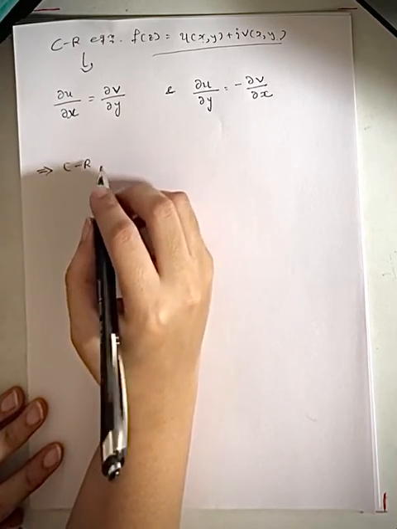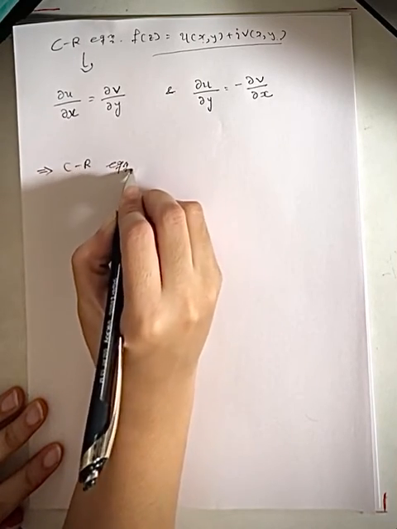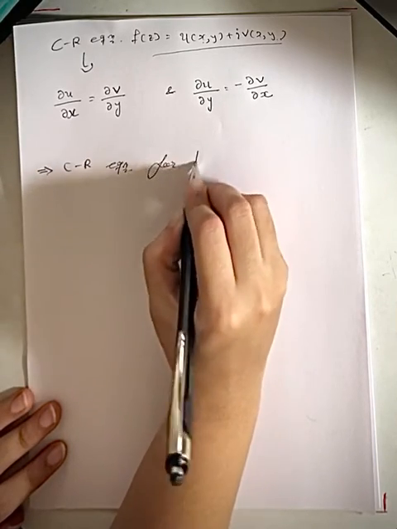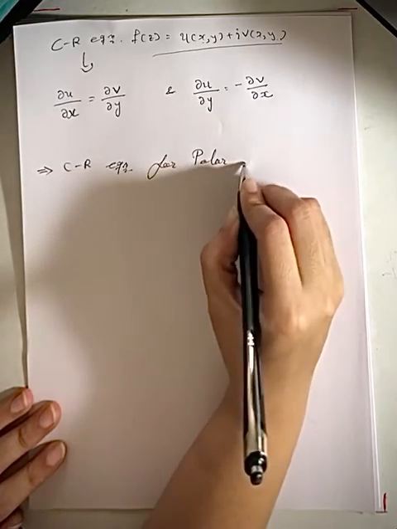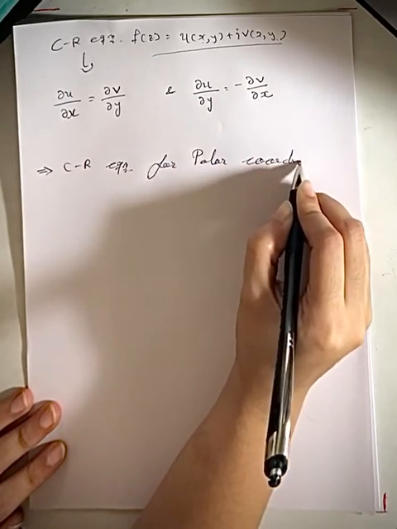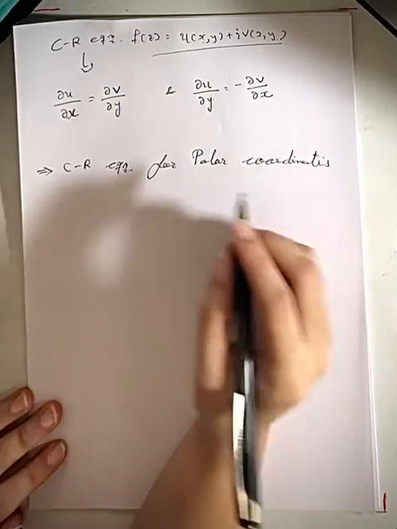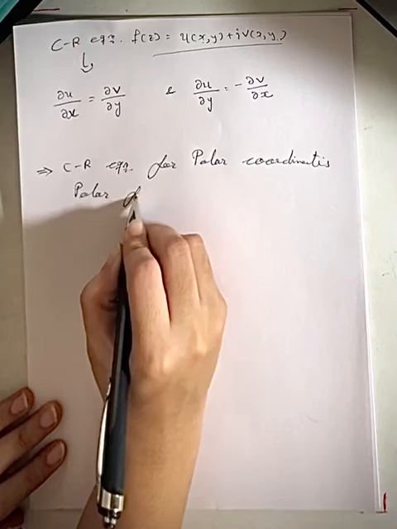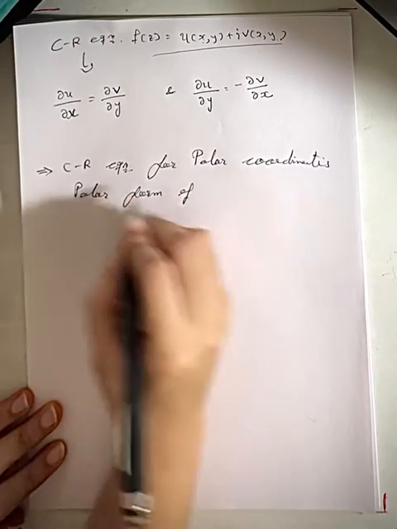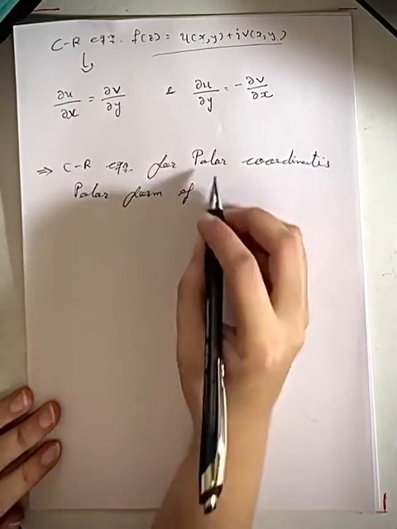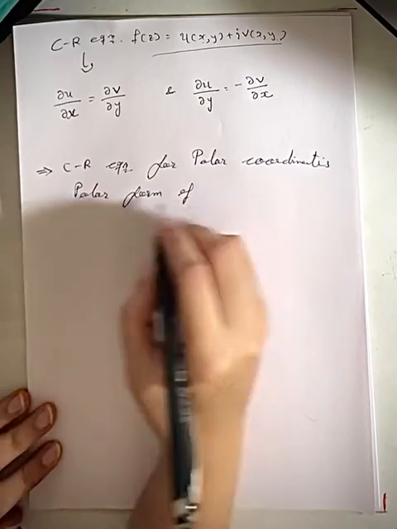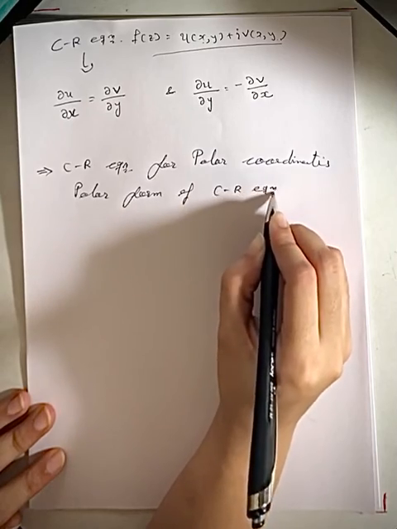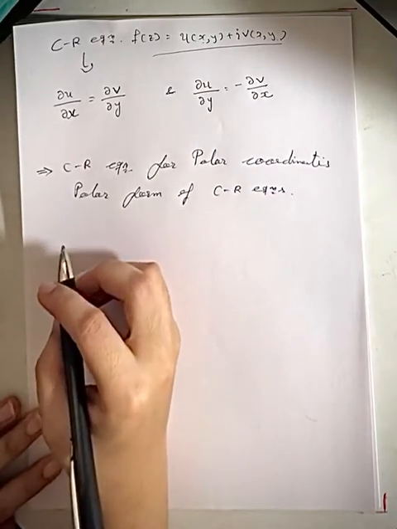So they are called CR equations for polar coordinates, or they are also called the polar form of CR equations. CR means Cauchy-Riemann equations, right? So you can write it like the polar form of CR equations, and it is like this,